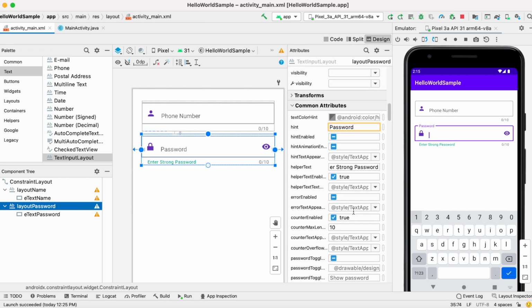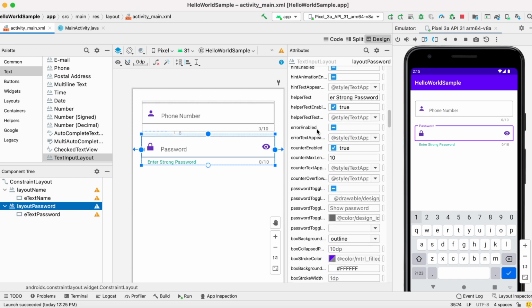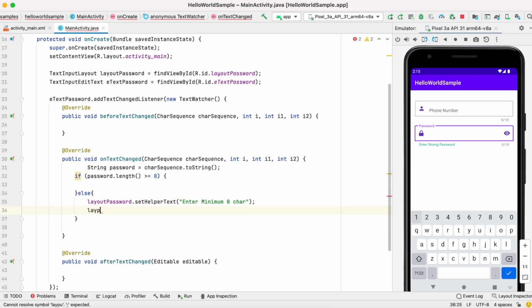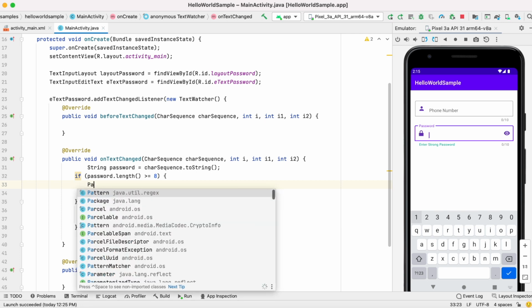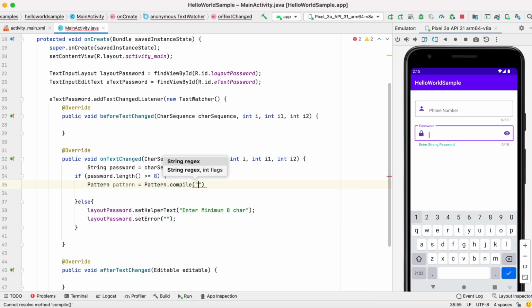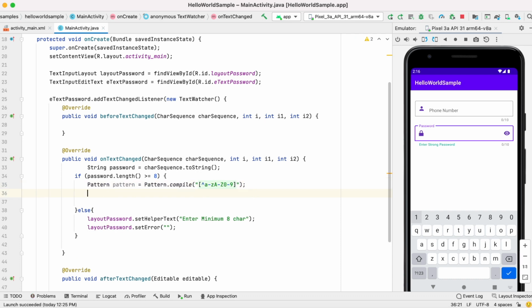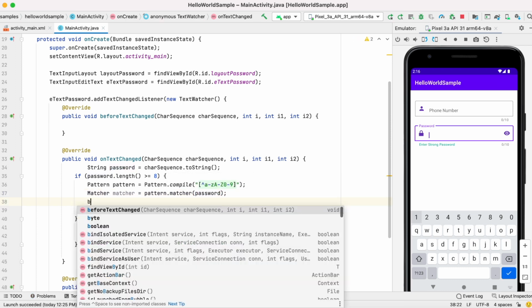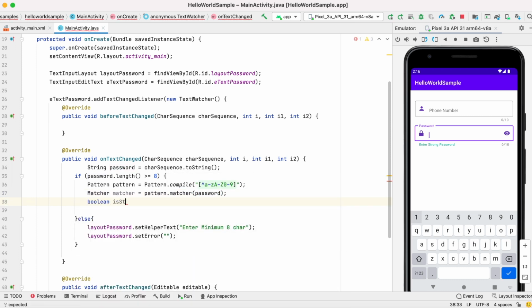To show an error in the attribute, we have to enable one field, that is error enabled. So I have enabled the error enabled attribute. Now I will set the error as empty because it's still below 8 characters. For a password above 8 characters, we will validate for a special character. Here I'm going to give a pattern, that is small a to z, capital A to Z, and 0 to 9. Apart from these characters, if something is entered by the user, that means it is a special character.